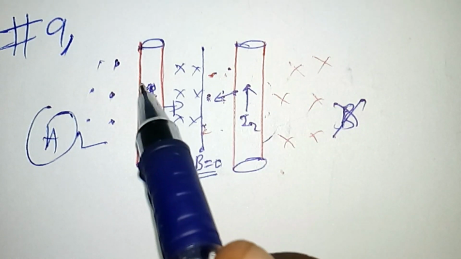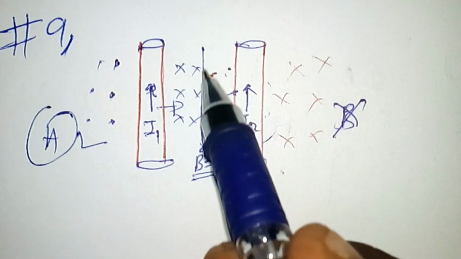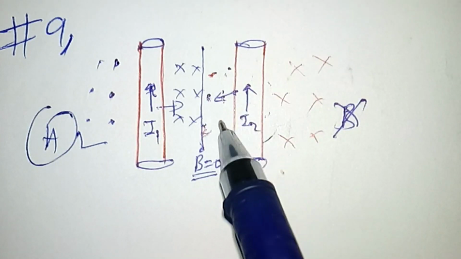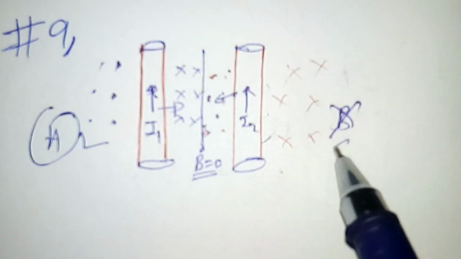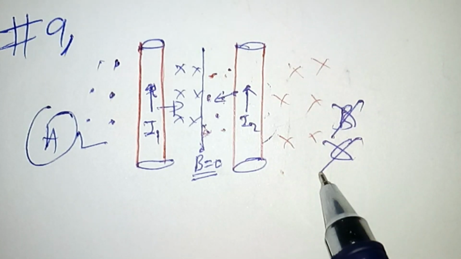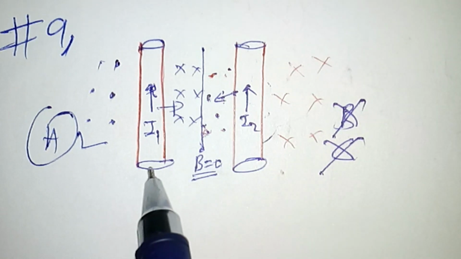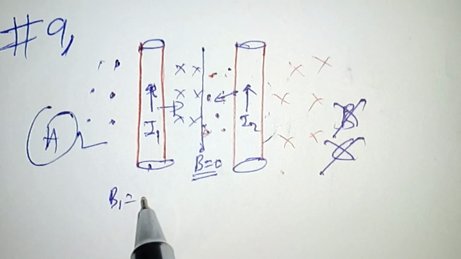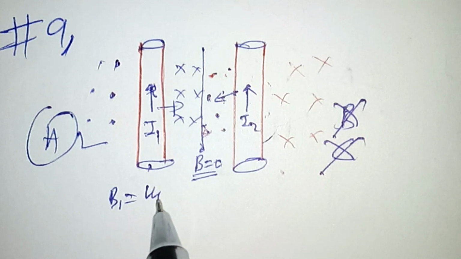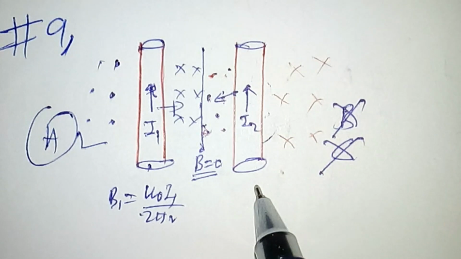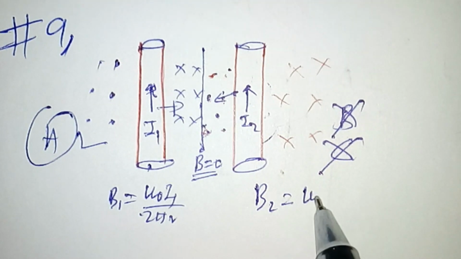But when the currents are in the same direction, the magnetic field between the wires opposes each other, do not reinforce. So the alternative C is also not correct. When we check alternative D, it says the magnetic field due to 1 is proportional to the current through the other wire. We know that the magnetic field of wire 1 is B1 equals mu naught I1 over 2 pi r, and the magnetic field of wire 2 is mu naught I2 over 2 pi r